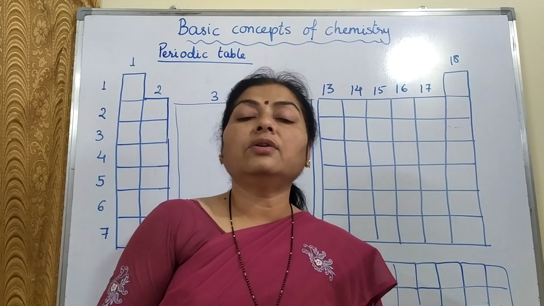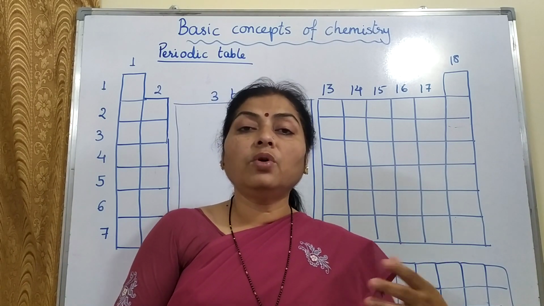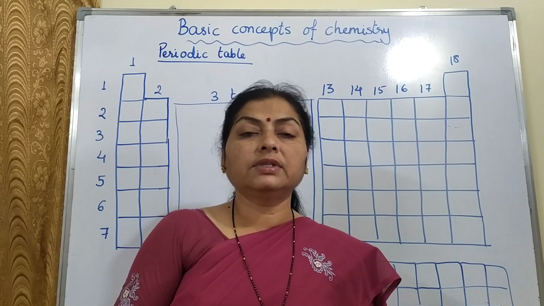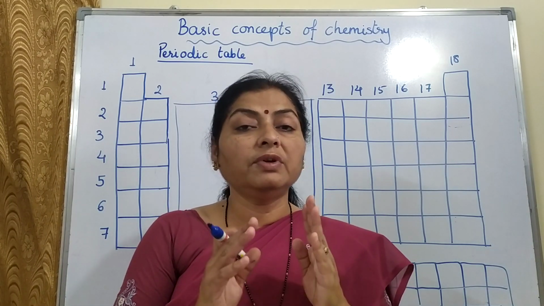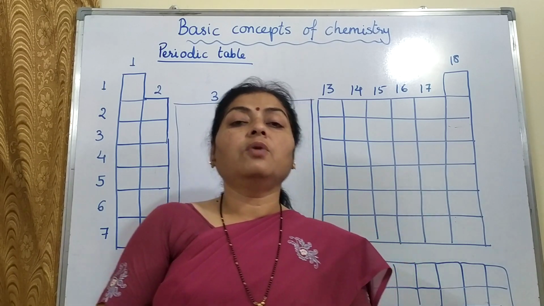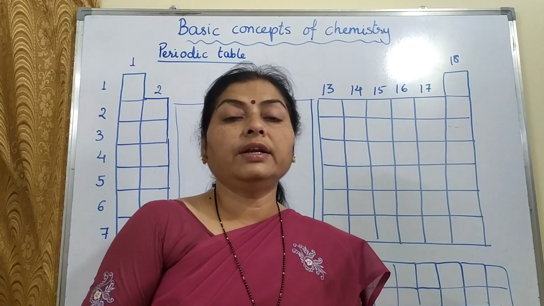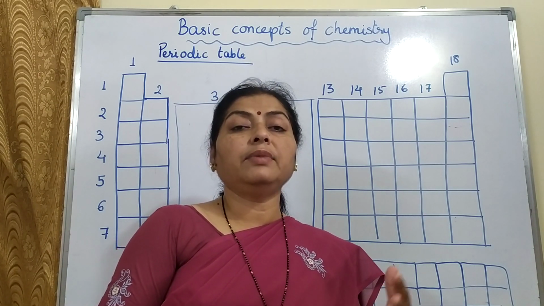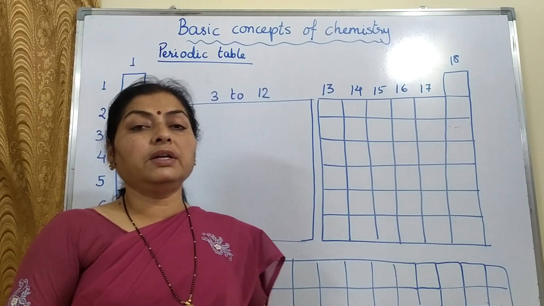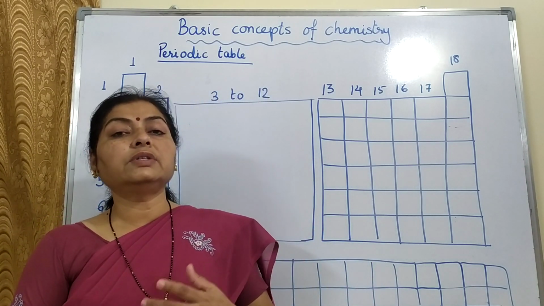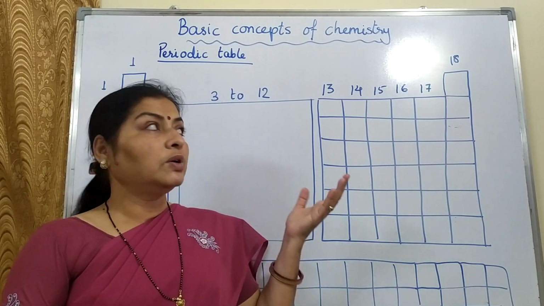You have been studying ionic compounds and covalent compounds all through these years. You have come across these terms, but they should be very much fixed in your mind. You should be very clear with these concepts. What does it mean when I say it is an ionic compound, or a covalent compound, or when I say it is an element, atom or molecule? Like I told you in the previous period, we are going to see the structure of the atom, these very basic things, and the periodic table.